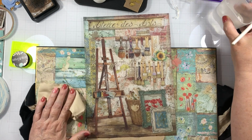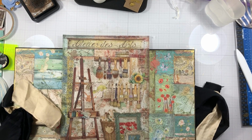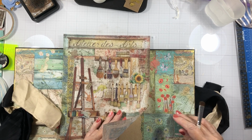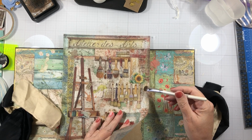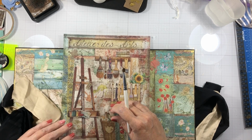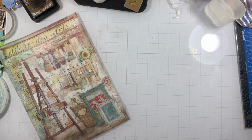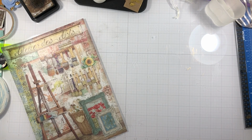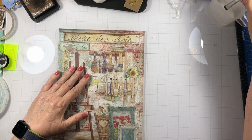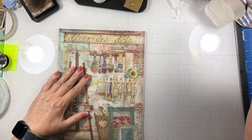Okay, so I have water. I want to be very careful that I don't spill it all over the place. And I just want to get an idea. All right, so I think if I stay basically outside all the main design elements on this side, and the same on this side, I'll be good. And it doesn't really matter if a little of the craft shows as well, especially on the front where it's going to be covered by all kinds of other things. So I'm just gonna